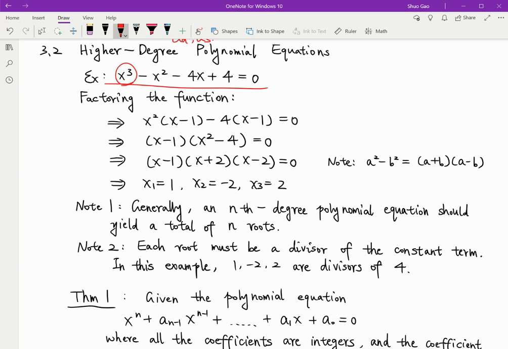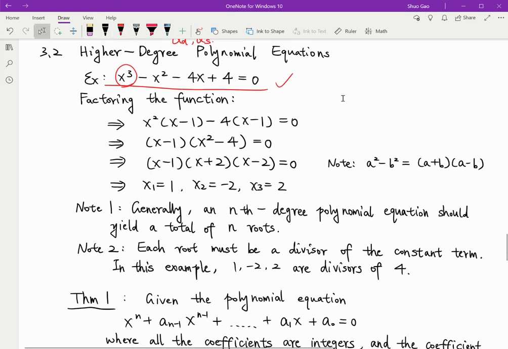One simple way that we can do this is to factor the function, right? We call this factorization. But in most cases, it's not that easy to factor the function, but this is a relatively simple and easy function that we can do this with. So by factorization I mean,